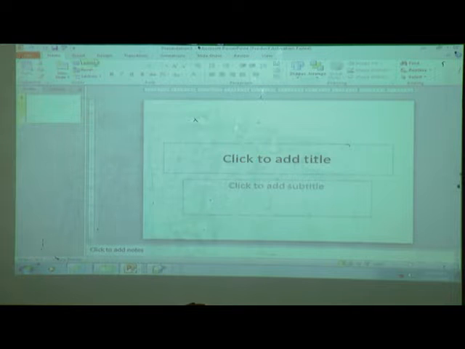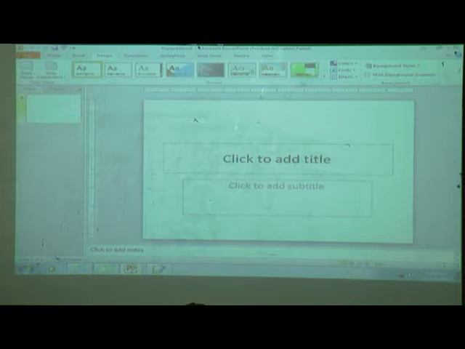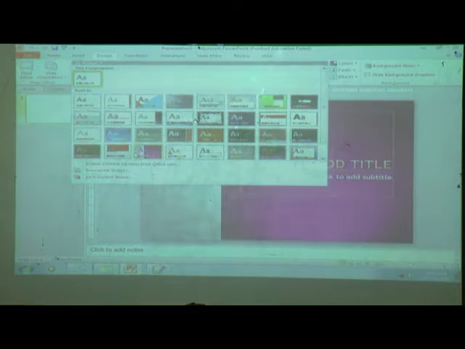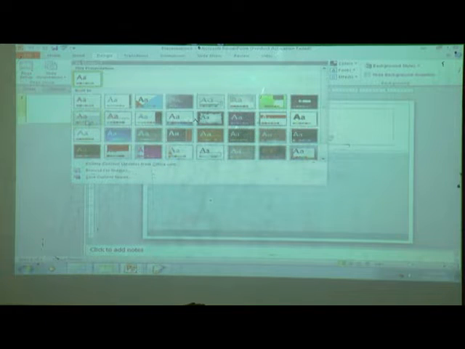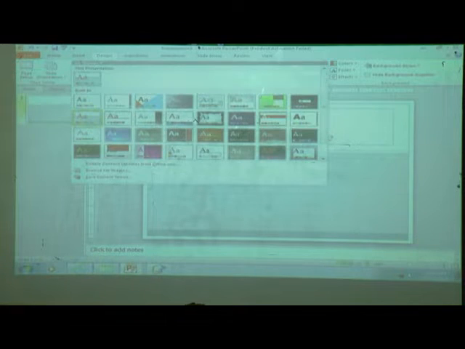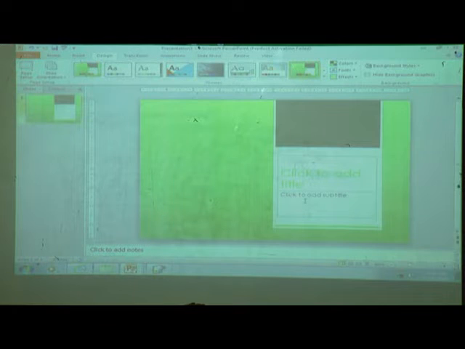If we want to give an effect to only a single slide, or we can say adding a background to a single slide, then how to add this? Which tab must we click for adding the background? Design tab. Then select the background which you like. There are different themes. You can see here these two options only: click for title and for subtitle. For each and every effect, title and subtitle are there.